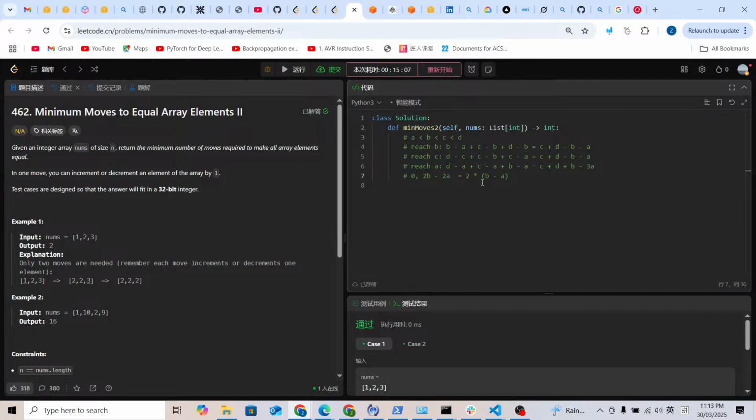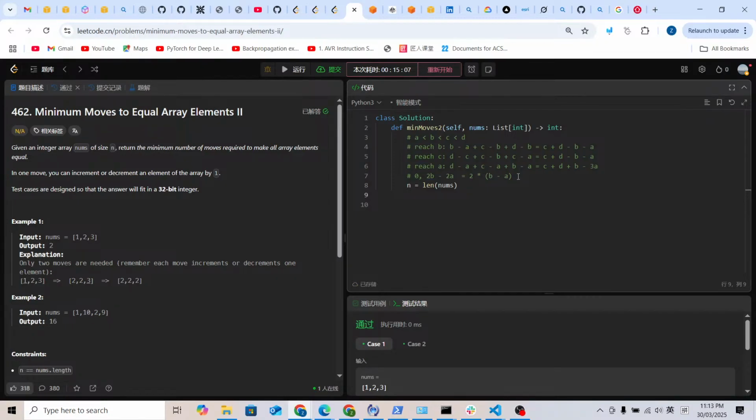So, as we already proved that, we can directly solve the problem. Actually, the coding is going to be much easier if we understand how to solve it in a mathematical way. So we're going to find a mid number, or we're going to call it a medium number. So the medium number is going to be nums at index n divided by 2. So we need to sort the nums. So nums dot sort. We need to sort it before we find the medium number. Yeah. So we're going to sort it, and then we find the medium number, and then we just need to return